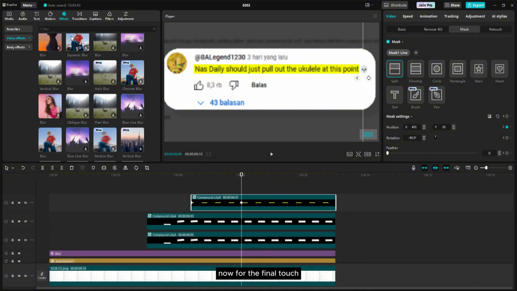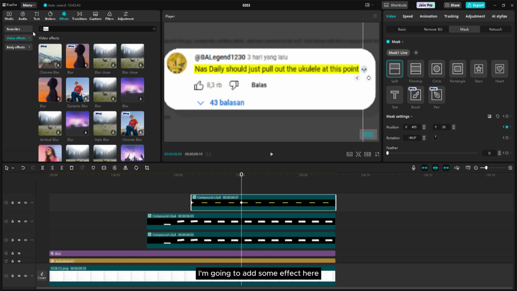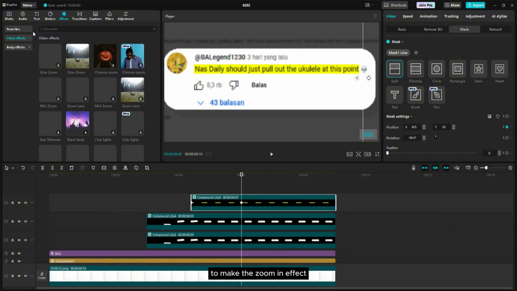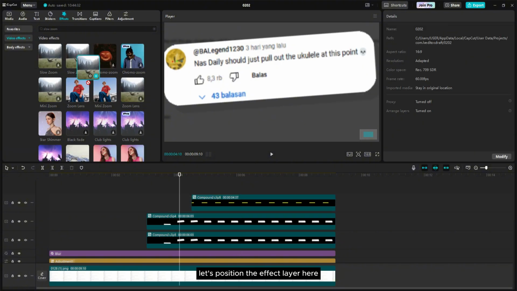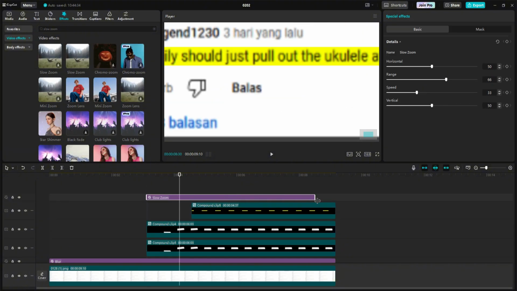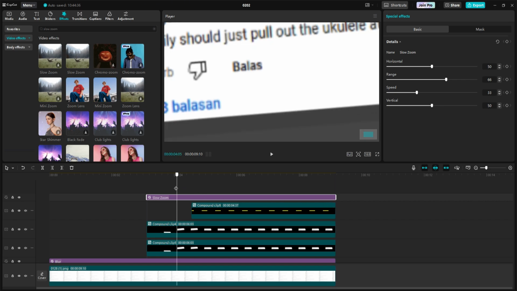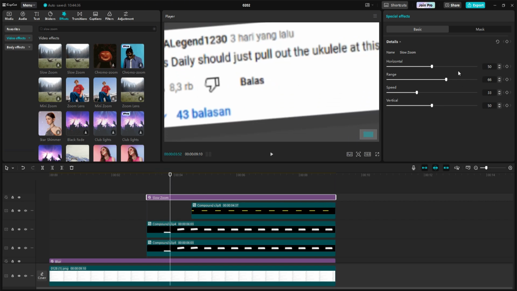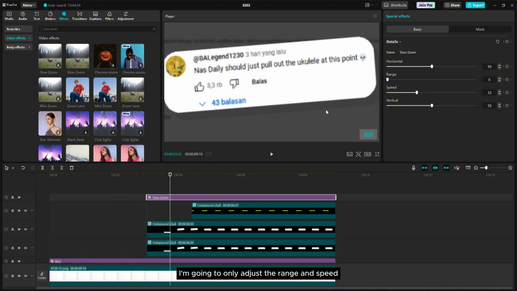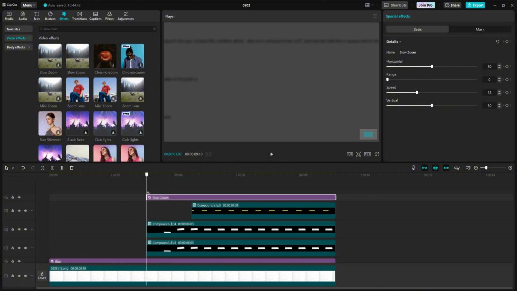Now for the final touch, I'm gonna add some effects here. First, I'm gonna add a slow zoom effect to make the zoom in effect. Let's position the effect layer here. Then for the settings, I'm gonna only adjust the range and speed.